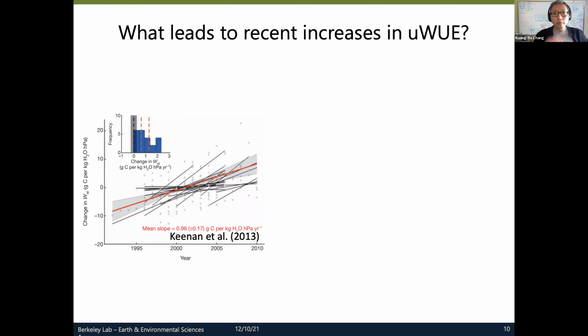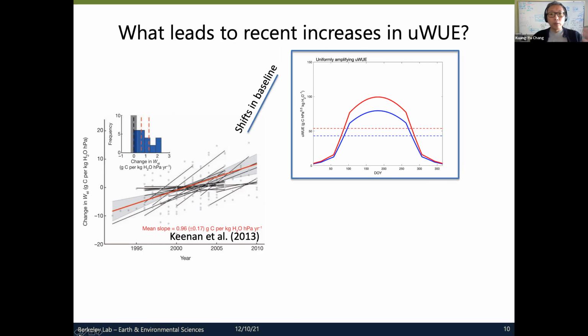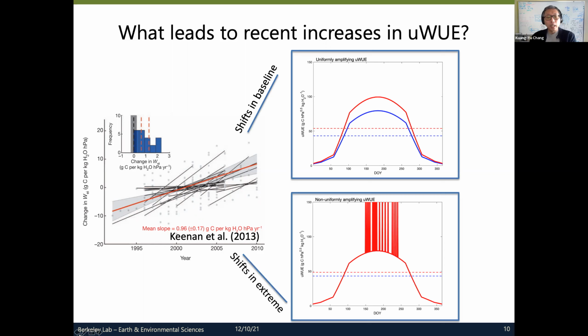There's one advantage of using hourly measures of water use efficiency to quantify multi-year trends, and that is, we get a chance to investigate whether the recent changes in ecosystem scale water use efficiency are primarily led by uniform and rather mild water use efficiency change relative to the baseline shift, or by sporadic and intense water use efficiency extremes related to changes in short-term favorable water-carbon interactions.